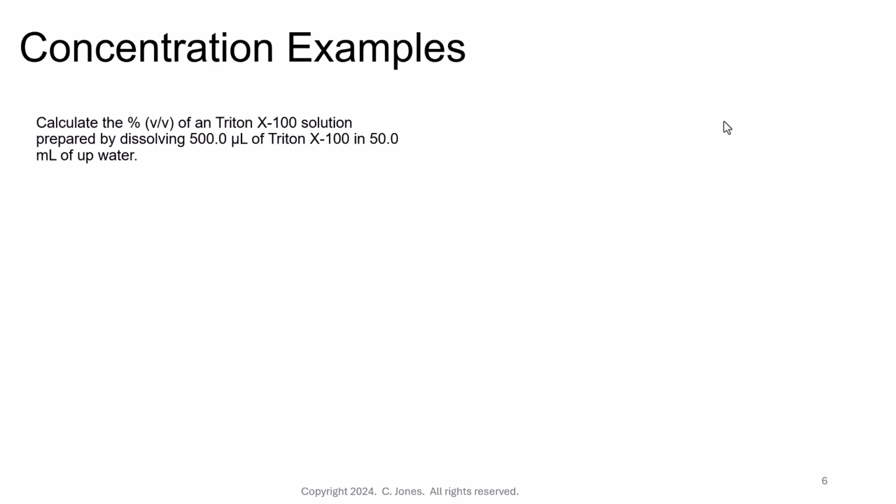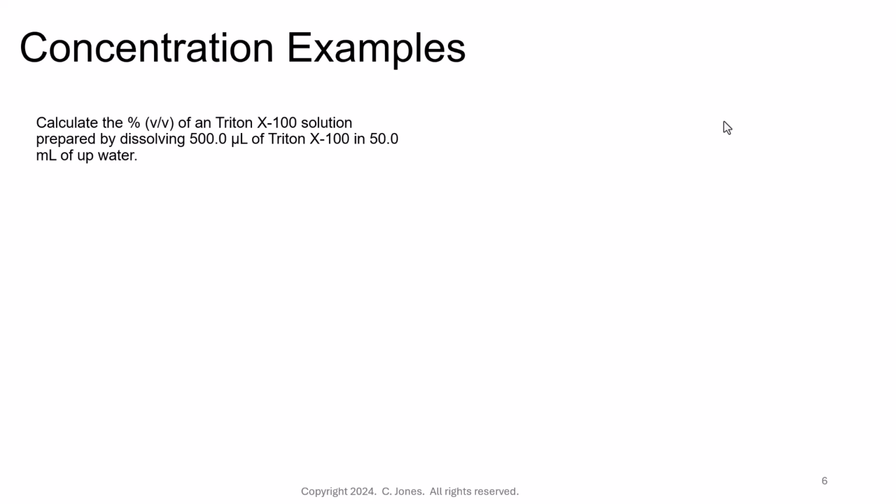And sometimes we also include a face mask, an N95, or even a respirator. All right, our next problem. Calculate the percent volume of a Triton X100 solution prepared by dissolving 500.0 microliters of Triton X100 in 50.0 mils of UP water. So